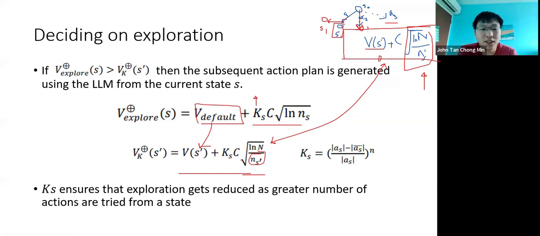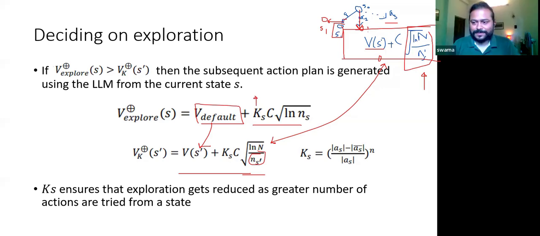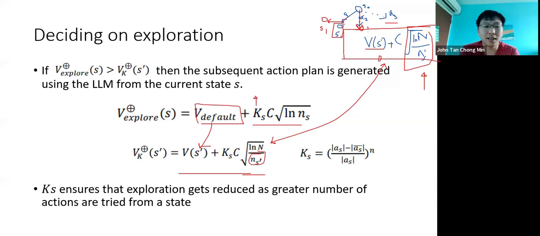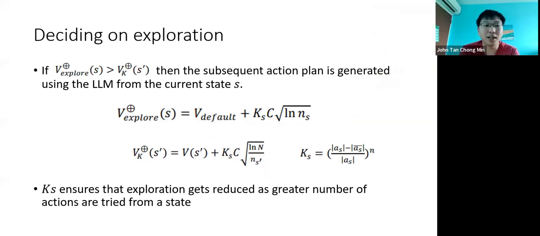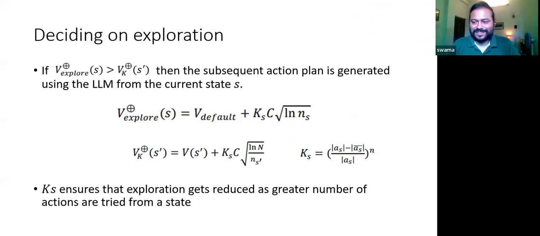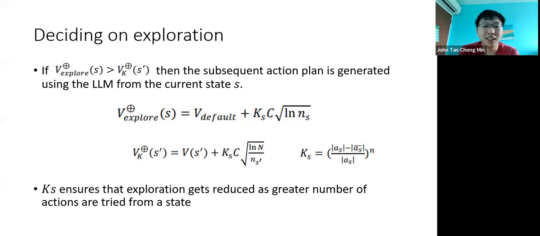Essentially what you're saying is that you give some optimism so that you explore some of the other unexplored states sometimes, rather than just going through the known path. So anyway, how you do the exploration in Monte Carlo, I think it's not too crucial. The main thing is you explore all nodes eventually. You can use this equation, but I'm just saying that the default Monte Carlo tree search would probably already suffice for your use case.